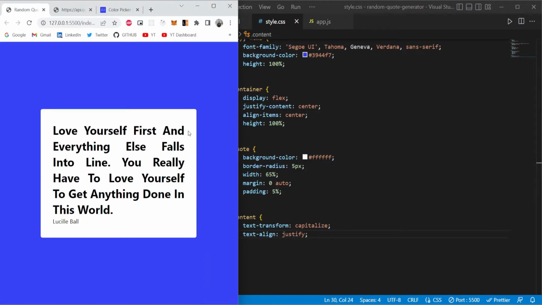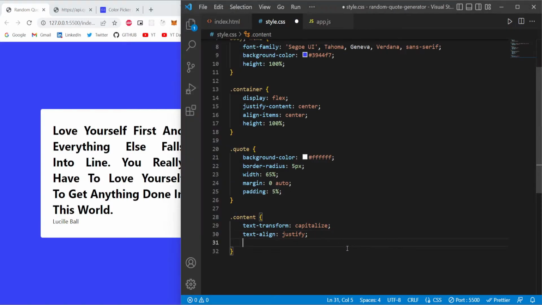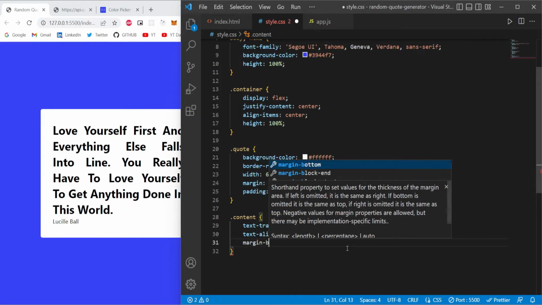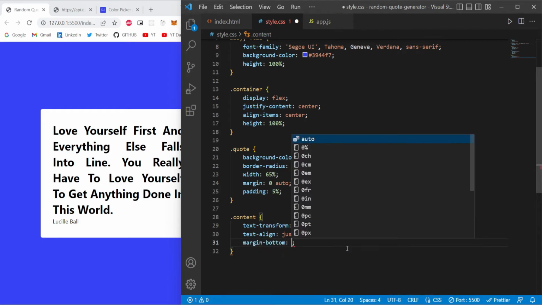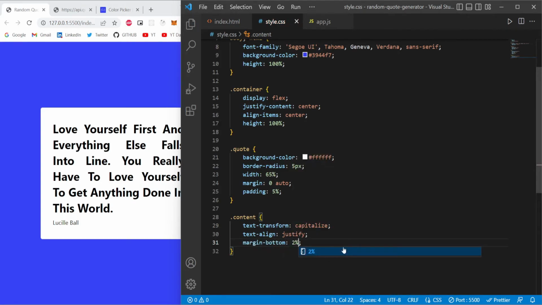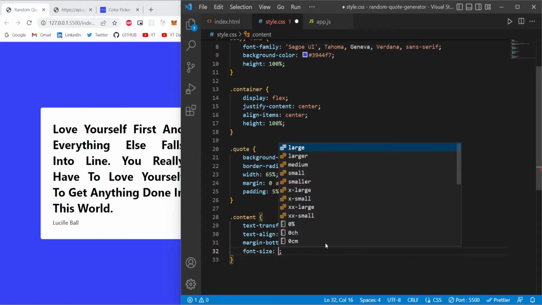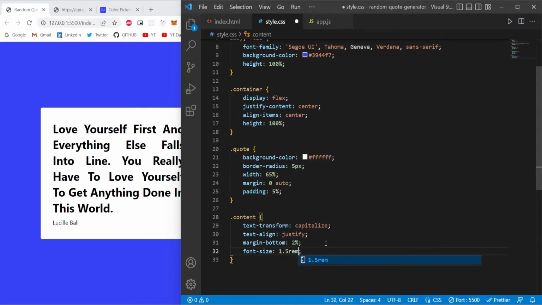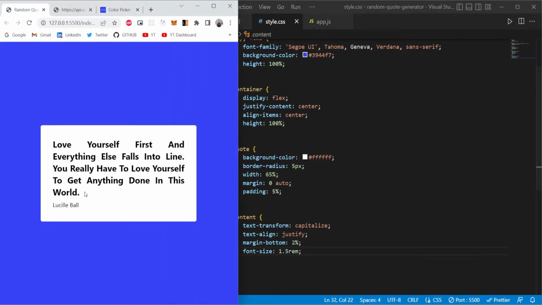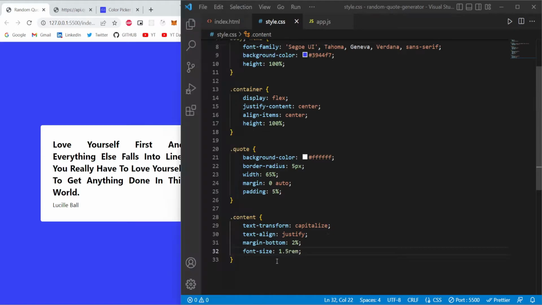Because see, when we have a paragraph it will be in uneven order. Okay, so with the help of justify it will be in a proper manner. Okay, from the left and right side it will be in a proper way. After that we are going to use margin bottom by 2% because we want some space below this author name. And after that let us add the font size by 1.5 rem. Okay,